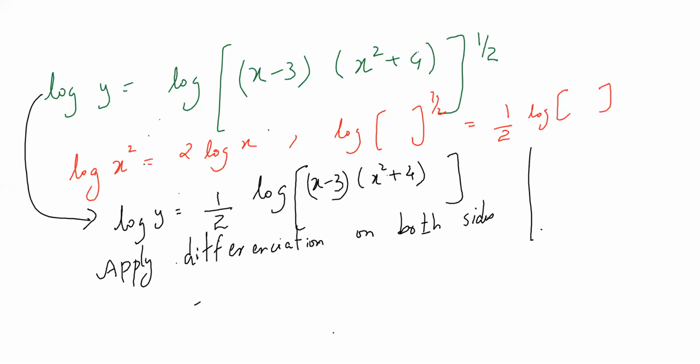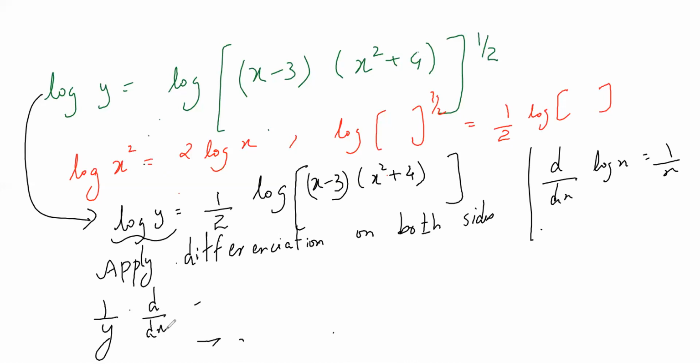Formula uses d by dx of log x is what? 1 by x. So differentiation of log y is what? 1 by y. But what is my y differentiation? D by dx of y. That is dy by dx. Is this thing clear? Now in the examination, what we will do is we will write log y is 1